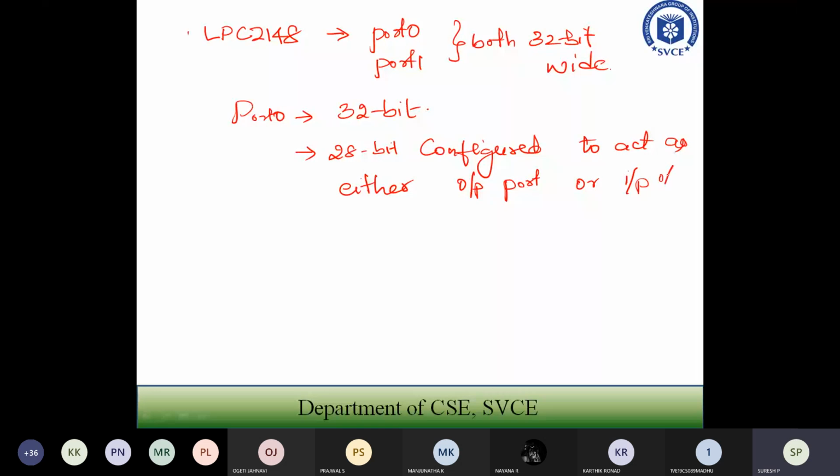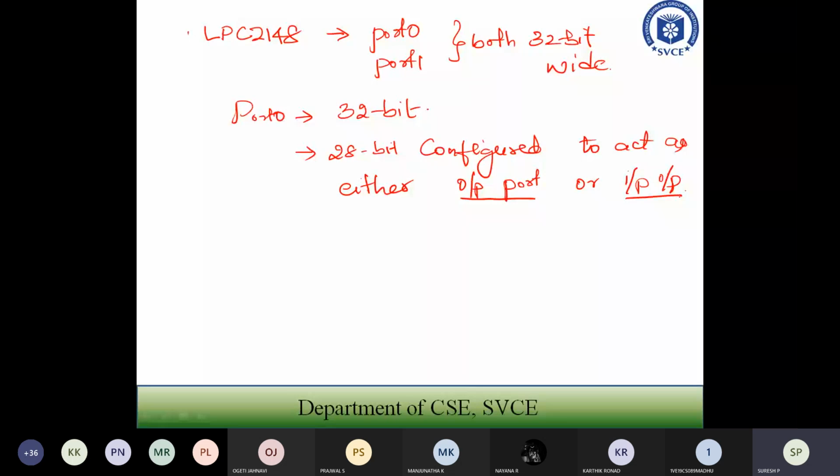So depending upon the type of application you are going to have, if you take the keypad, for example, you are giving input. At that time, you have to set that particular port to act as input. Now you are sending data from the processor to the coil. So when you are sending data from the ARM processor, that is LPC2148, to the coil, that is the output, in this particular program we have to make the port which you are going to use act as an output port.